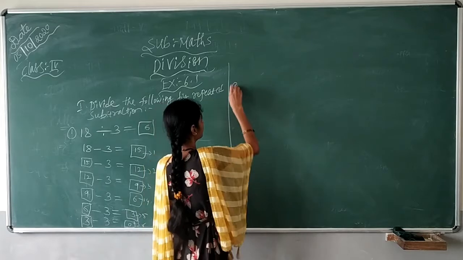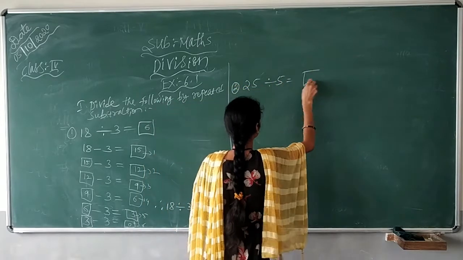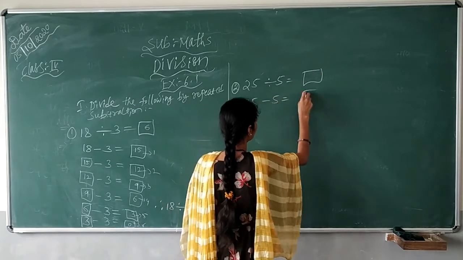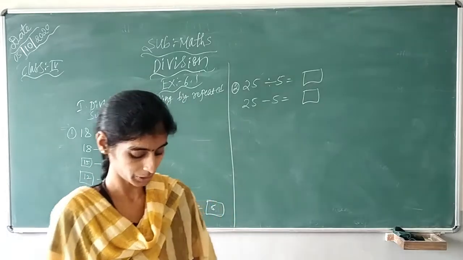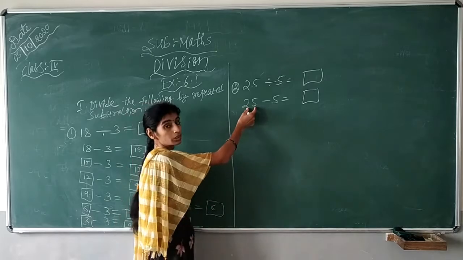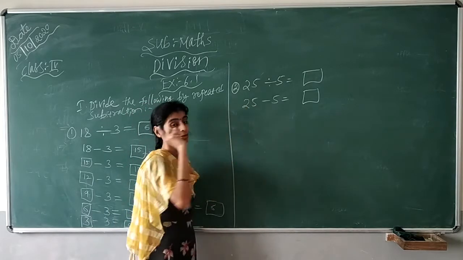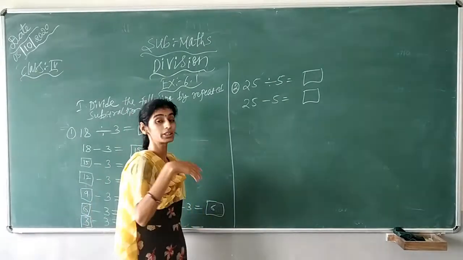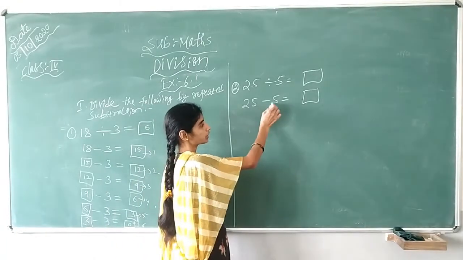Then the second question. 25 divided by 5 equals how much? 25 minus 5 equals how much? So now for the first day, the total books you have is 25, and per day you have to read 5 books. So in how many days will you complete? You have to see. So from 25 minus 5